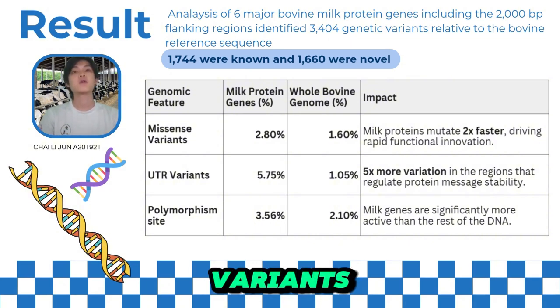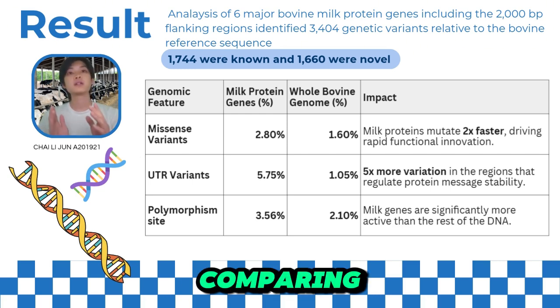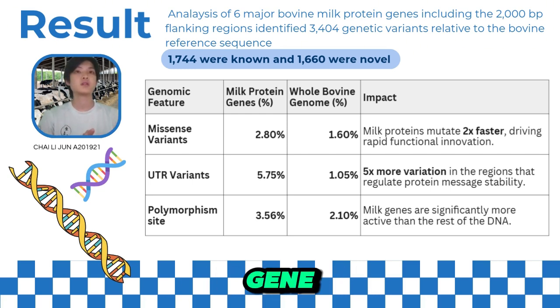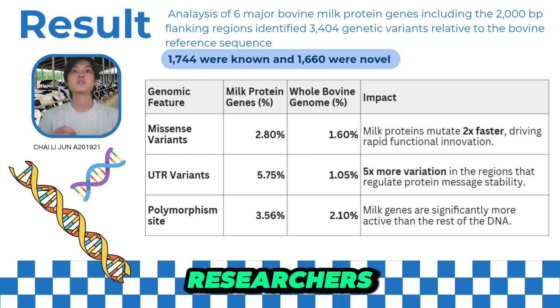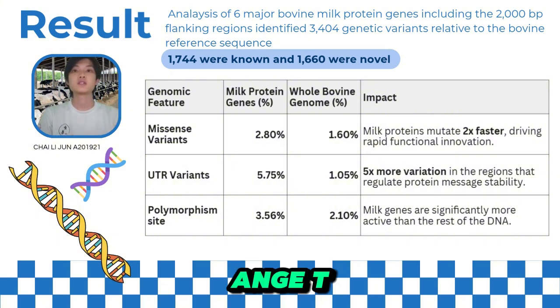3,404 genetic variants, while half of them are novel proteins, which is 1,660 novel proteins. When comparing milk genes to the bovine genome average, the research found that the missense variants, which change the protein structure, evolve at the rate of 2.8%, which is nearly twice as fast as the genome